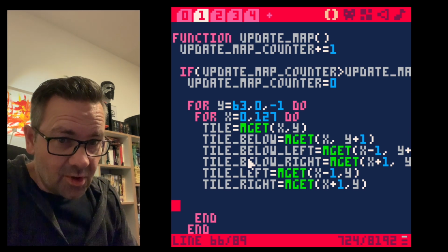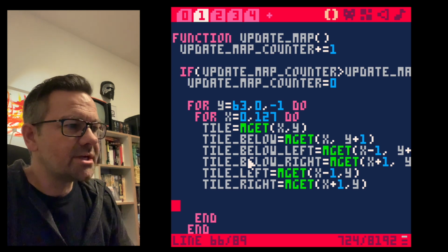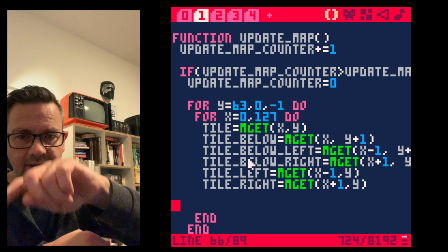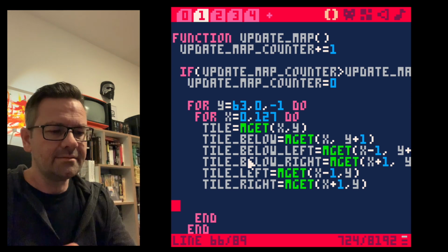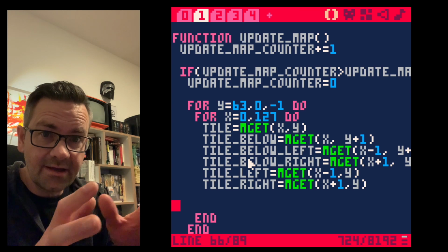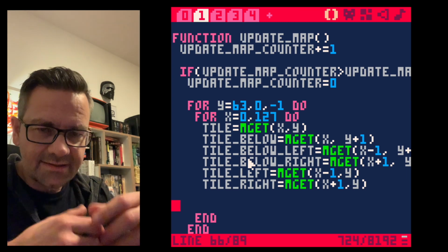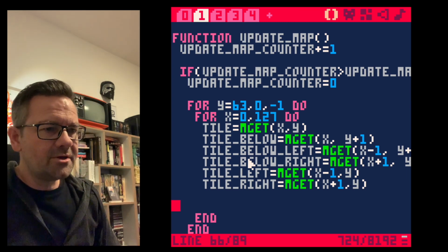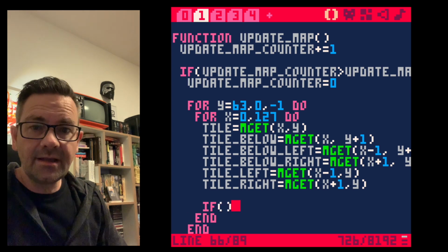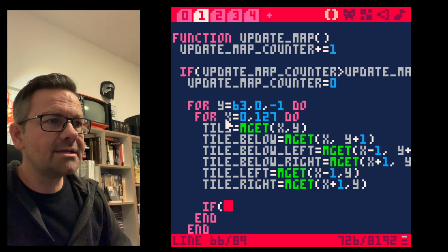And now it's getting a bit more complicated, because we have to check all these occurrences, and we have to cross-check if a rock can fall there and there and there and there. And I will try to explain as good as I can, but it's a bit to take in. The first thing we check is if a tile has gravity. So if it has